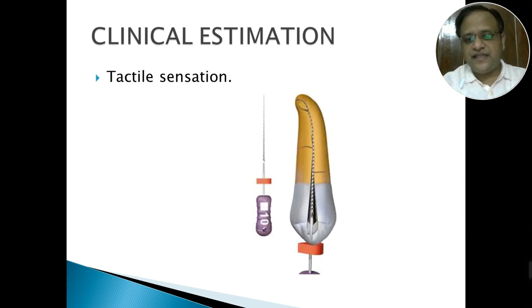Once you feel that the tactile sensation is there and it is falling short of the apex, it has not reached the right working length, you should remove the file. See to it that the constrictions are not damaging the flutes of the file. If you feel that the flutes have been damaged in the first insertion itself, please change your file. Make sure a healthy, new, sterile file enters the canal for exploring the curvatures and the constrictions.